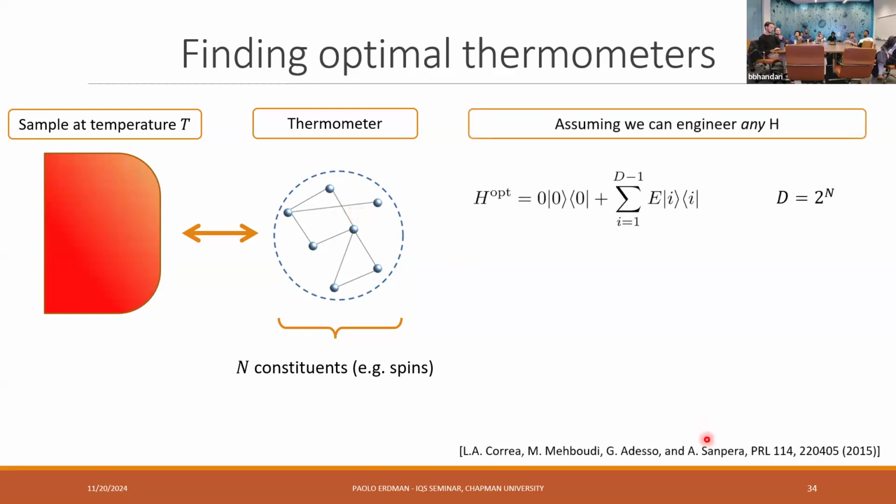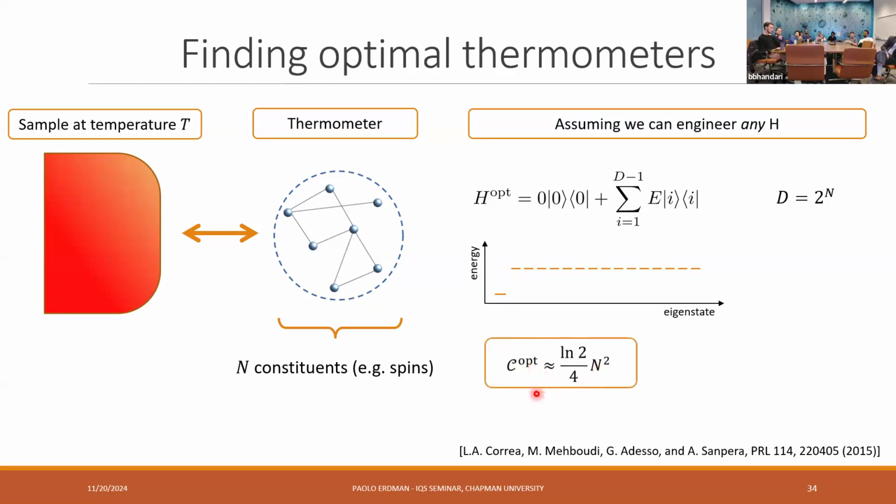So what was shown already in this paper is that they did a full optimization over any possible Hamiltonian. And this would mean also introducing 2, 3, 5-body interactions, so unphysical interactions. But if you assume that you can engineer any possible Hamiltonian in the world, they showed that you should engineer one that has this spectrum, so just one ground state and a super highly degenerate first excited state. And in this case, the heat capacity would scale as n squared. So usually the heat capacity is extensive, it's just linear in n, so it means that the precision of the thermometer would just double if you double the spins.